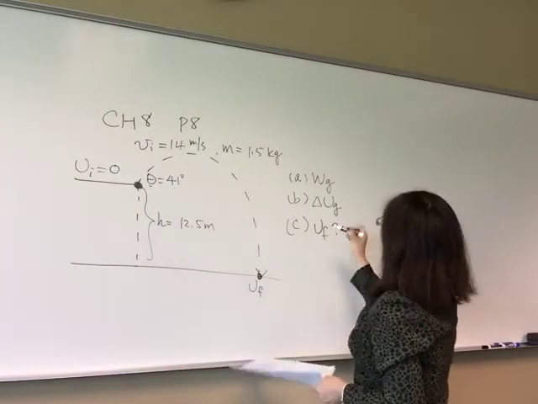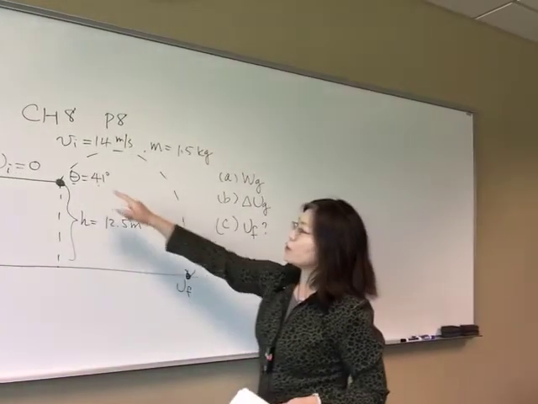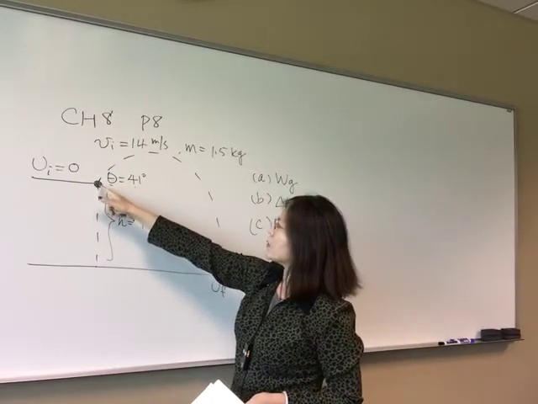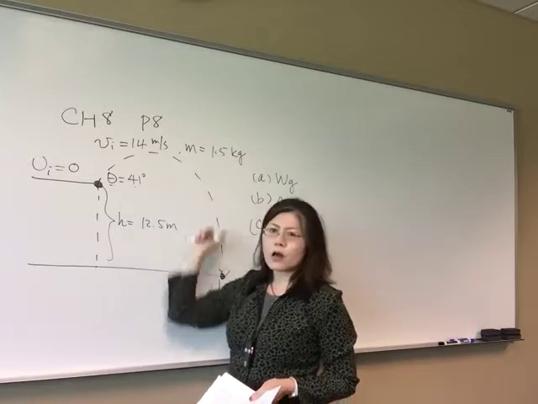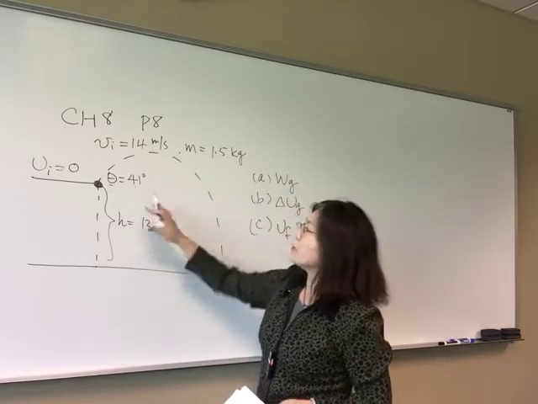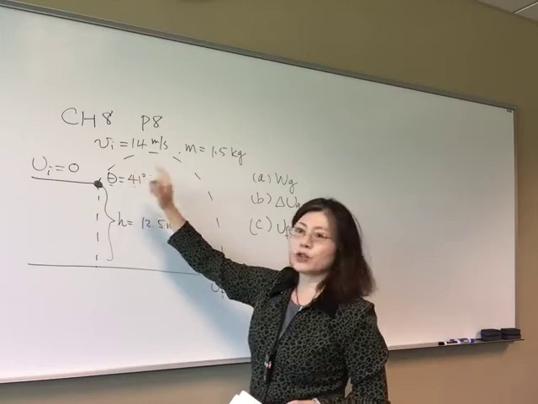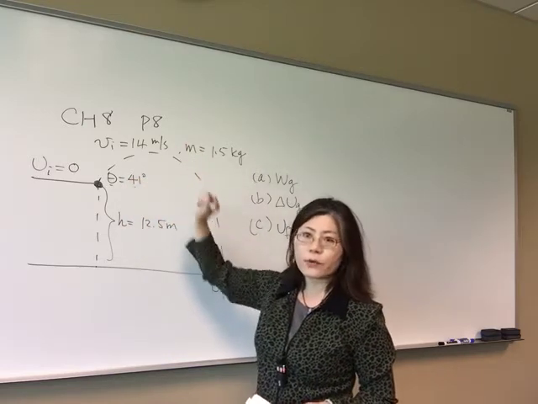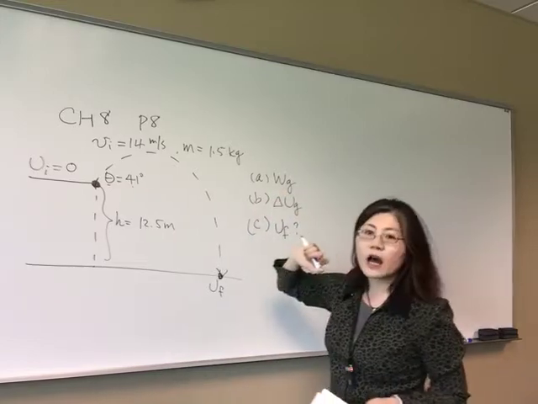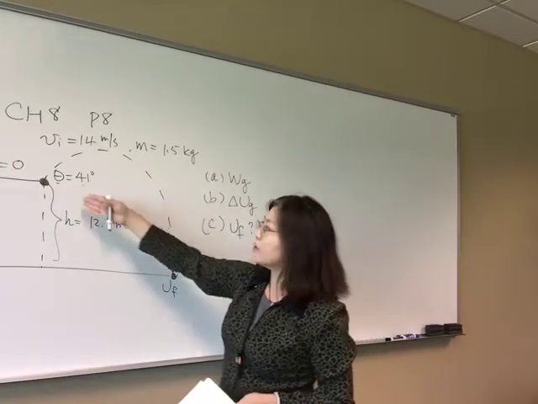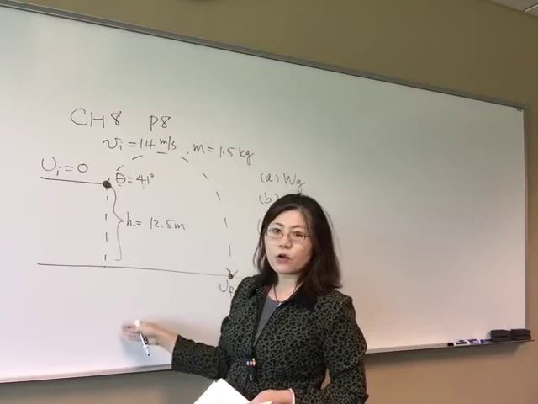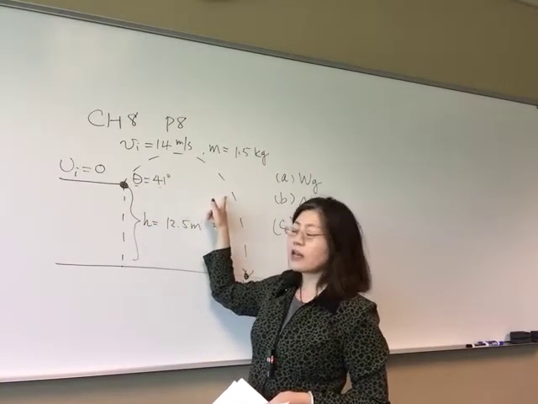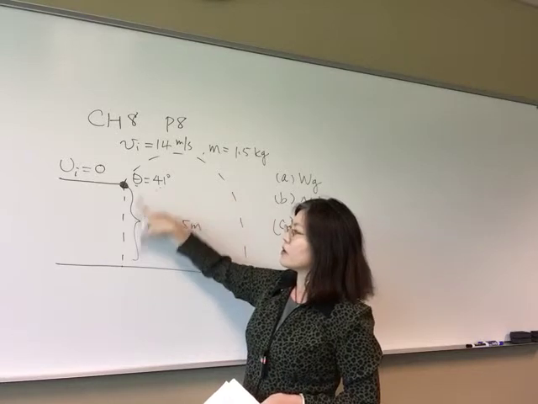So when we do this kind of problem, you have this snowball that's being thrown from this point to that point, so it traces out projectile motion, and so you can see that the motion consists of two directions. One is in the horizontal and one is in the vertical. And you're asked to find the work done by the gravitational force. Gravitational force only exists in the vertical direction. So the horizontal displacement has nothing to do with the